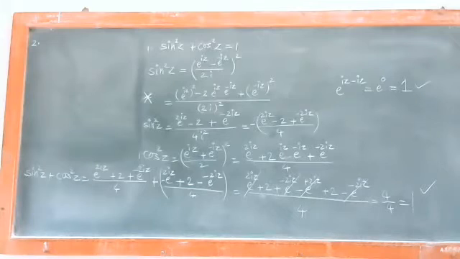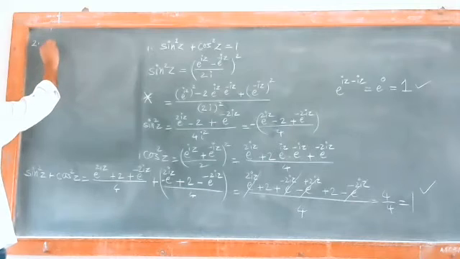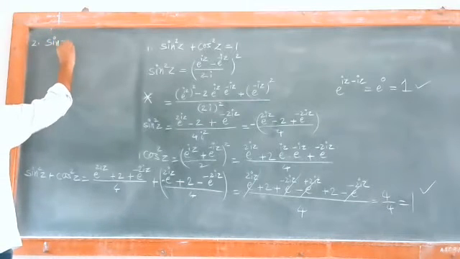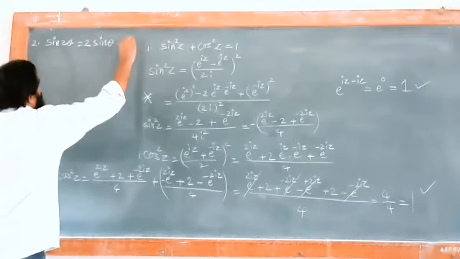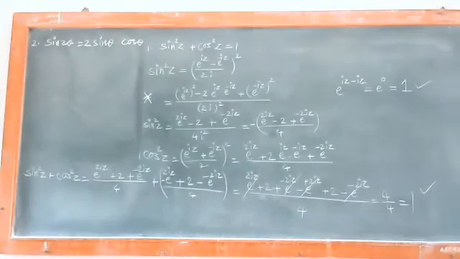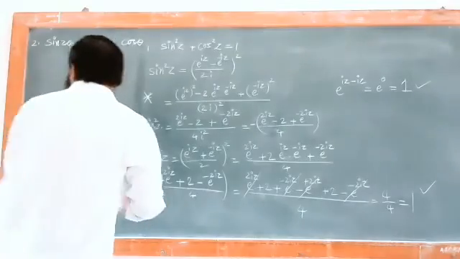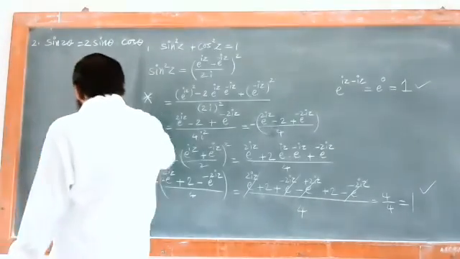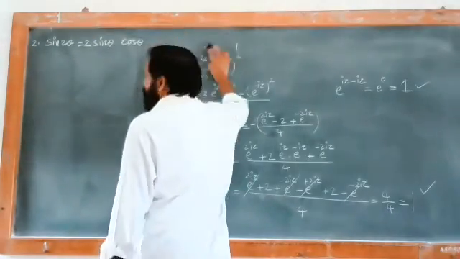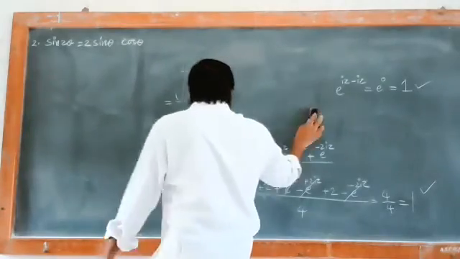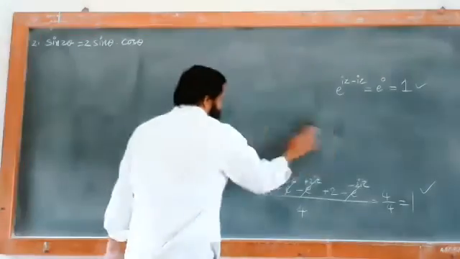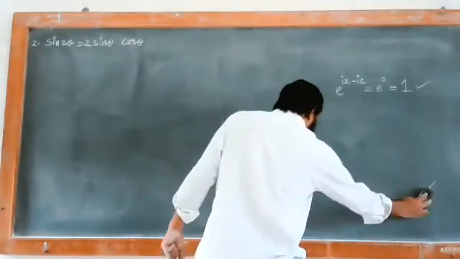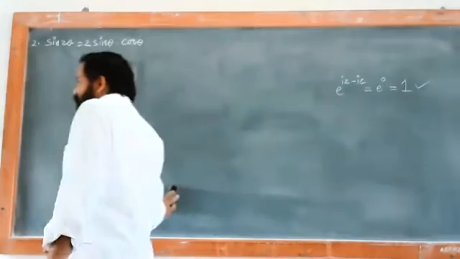That is sin of 2 theta is equal to 2 times sin theta into cos theta. It is very easy. So use z or use theta, depending on you, but we have to show that this is equal to sin 2 theta. It is very simple, pay a little attention, don't write immediately.